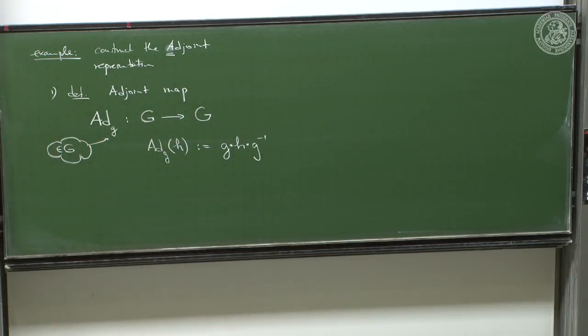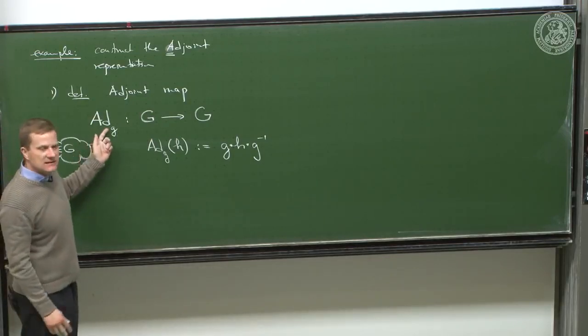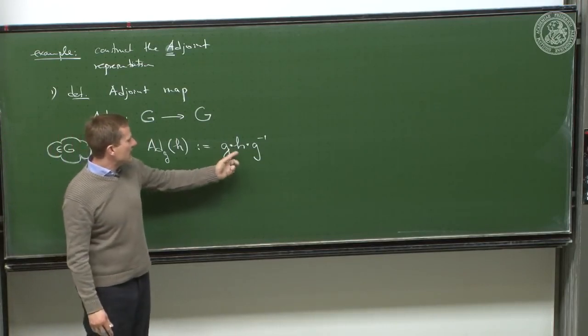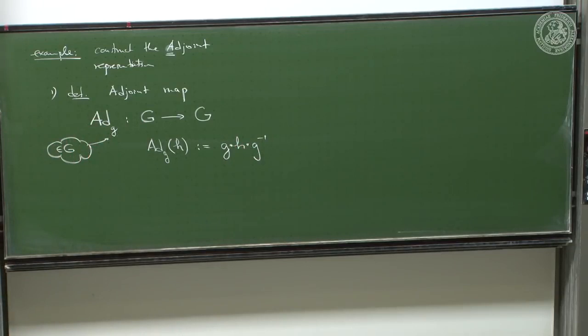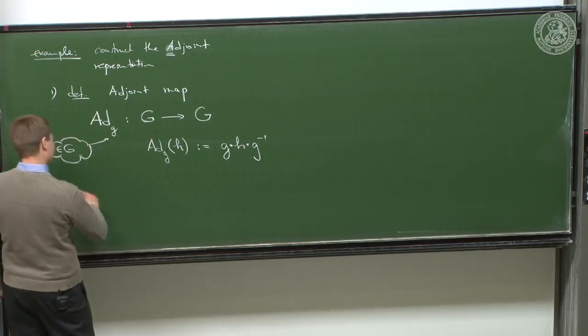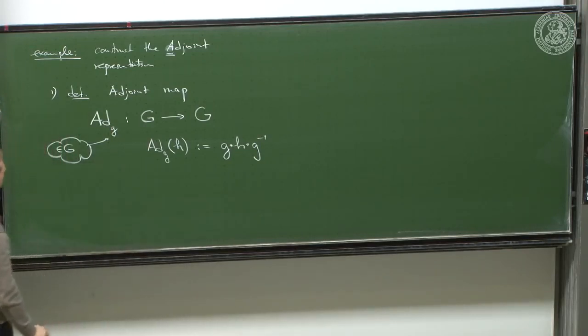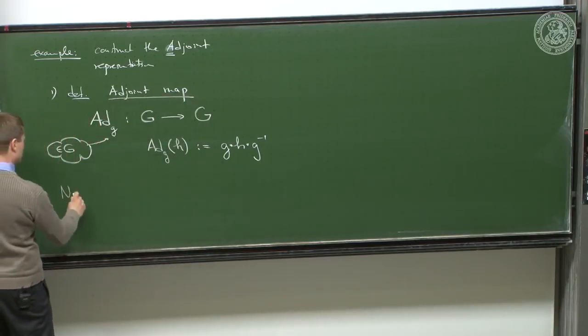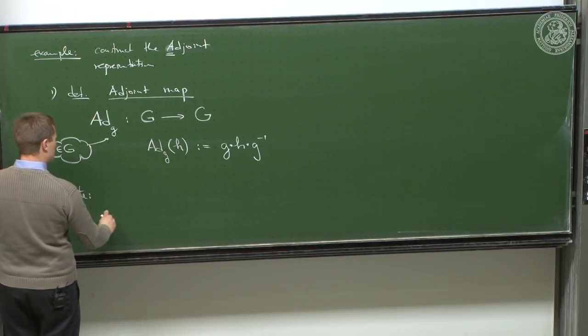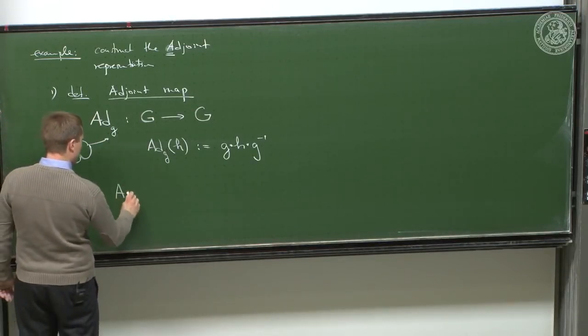Now, this seems a little extravagant, this kind of definition, but you can nonetheless make it. It's not a left translation. It's a left translation with L and the right translation with G inverse, one after the other. Anyway, I said it. That's the adjoint map, and the adjoint map has one fantastic property, namely note that the adjoint map